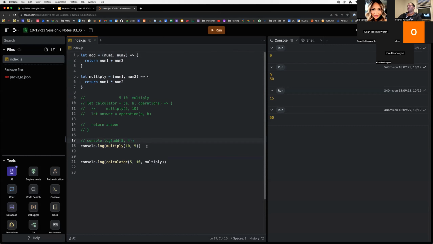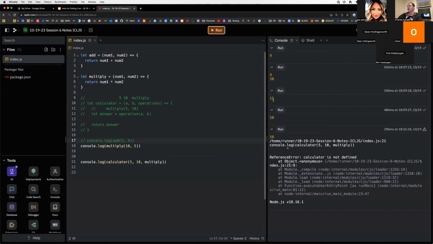So if I don't ever call add, it never gets used for anything. It's just some code. The computer stores it in memory and then never does anything with it. And once the program is done running, it dumps it out of memory. So this code up here is not activated until I give it a function call down here. And we haven't looked at it yet because we're still writing basic vanilla JavaScript, but